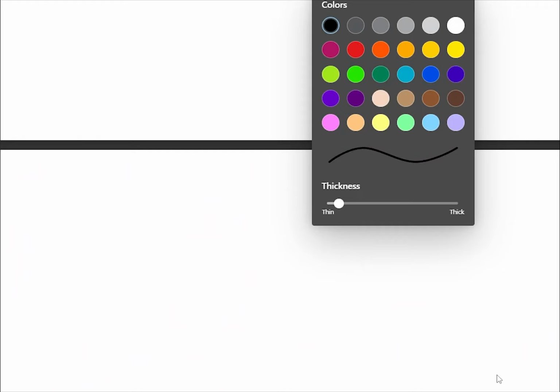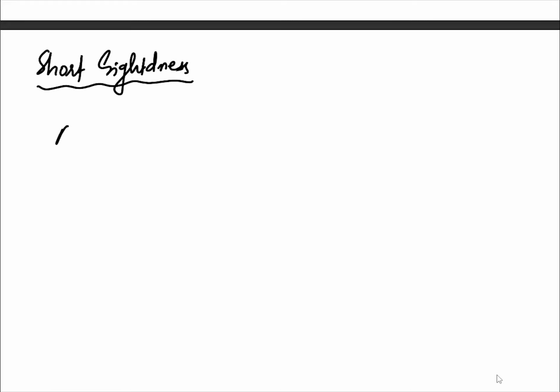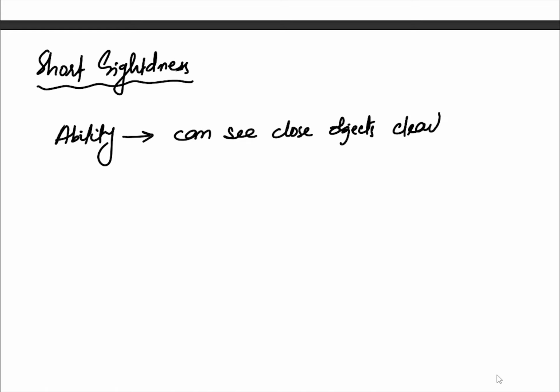Okay, now we move towards the person who is short-sighted. So we move towards short-sightedness. Again, the ability of the person is that he can see close objects clearly, but the problem that they face is that they cannot see faraway objects,